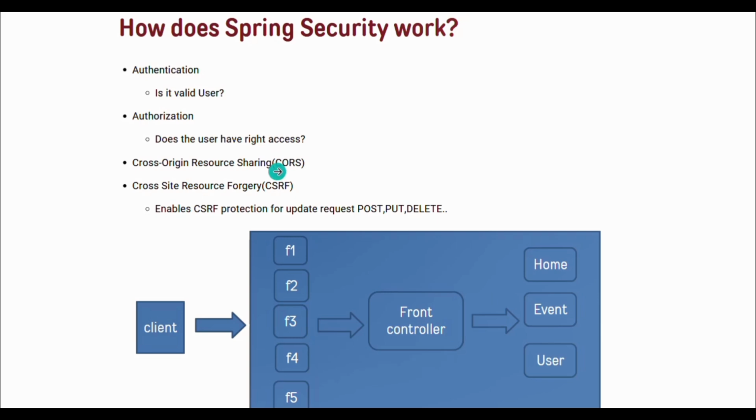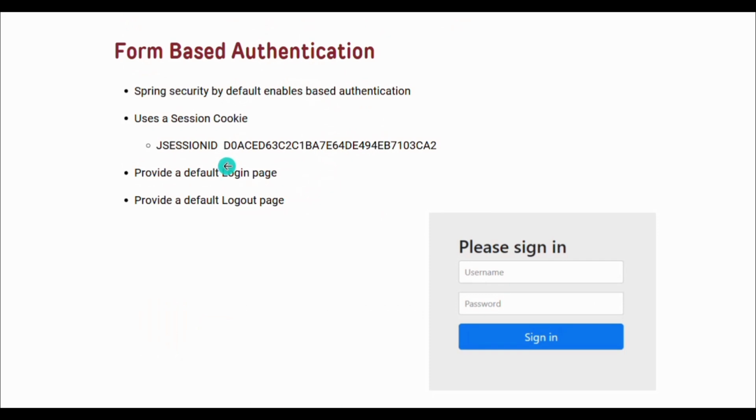So next we have form-based authentication. Spring Security by default enables form-based authentication. It provides a login page and logout page. Here you can see this is our login page. The user has to enter the username and password. It verifies the username and password. If it is correct, the user will successfully log in, and it starts the session cookie.